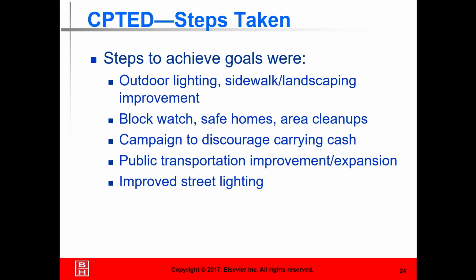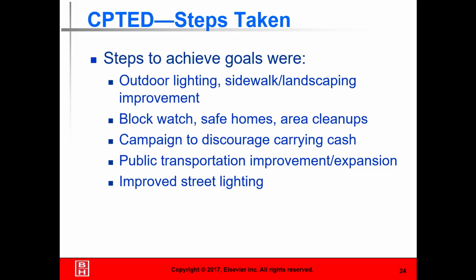Some steps: outdoor lighting, landscaping. Don't have huge shrubbery or barriers. The more open you can see, right? I go back to the castles of the mid-century. They weren't built in forests. They were built on wide open spaces. They could see their enemies coming for miles. Same type of thing. If you start putting up barriers and fences that can't be seen through, well, that becomes a place for people to hide. So we want to look at that.